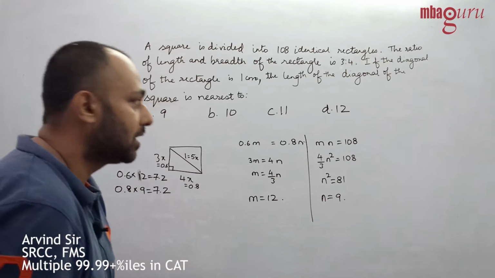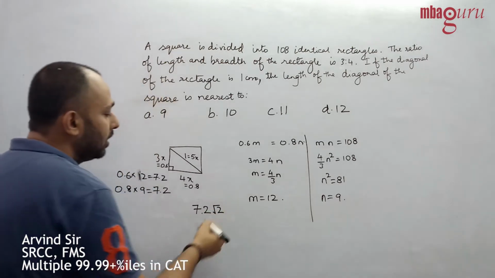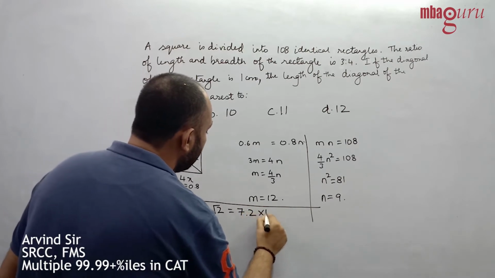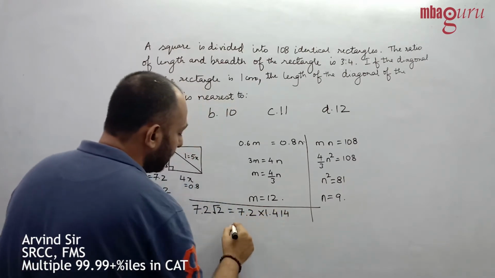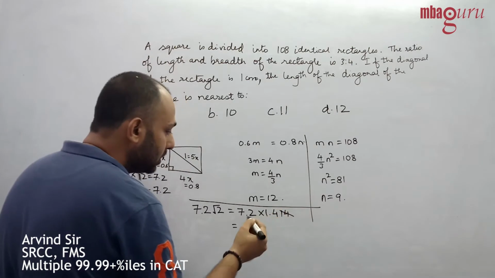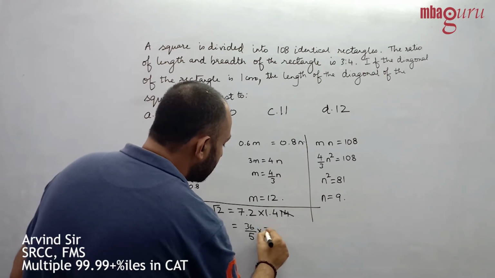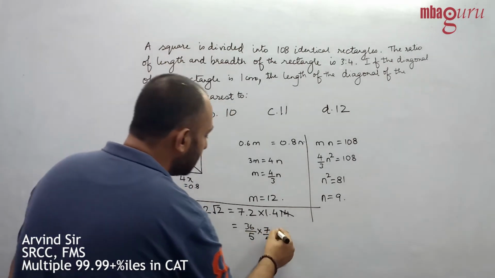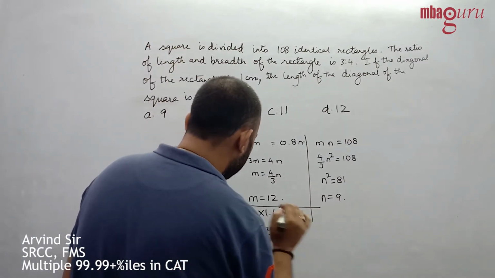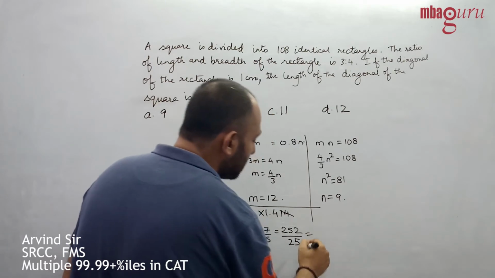And when the side of the square is 7.2, the length of the diagonal is going to be nothing but 7.2 root 2. All of us know the value of root 2 is 1.414. If you were to convert this into fractions for easier calculation, you can completely ignore the last two digits. Then you have 36 by 5 into 7 by 5. 36 into 7 turns out to be 252 by 25, which is approximately equal to